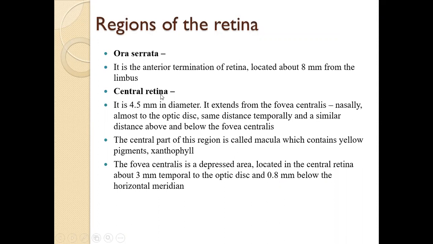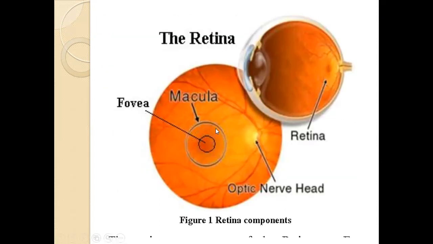Next is the central retina, the central part of the retina. It is almost around 4.5 mm in diameter. It extends from the fovea centralis nasally almost to the optic disc, the same distance temporally, and a similar distance above and below the fovea centralis. So the base is the fovea centralis, and from there 4.5 mm is the diameter. If I look over here, this whole area is the central part of the retina. So see this area,